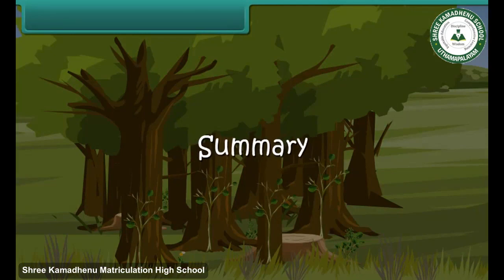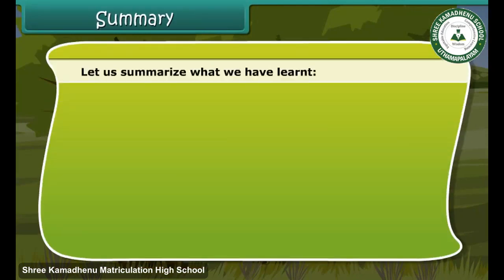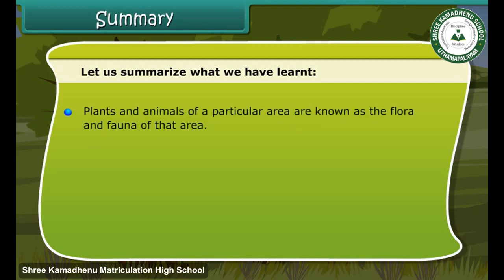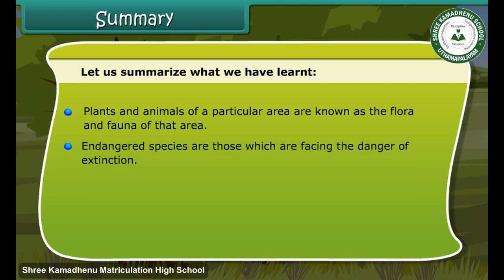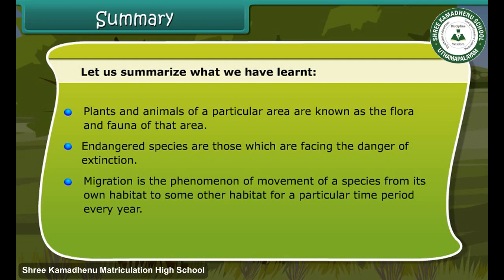Summary. Let us summarize what we have learned. Plants and animals of a particular area are known as the flora and fauna of that area. Endangered species are those which are facing the danger of extinction. Migration is the phenomenon of movement of a species from its own habitat to some other habitat for a particular time period every year. Recycling